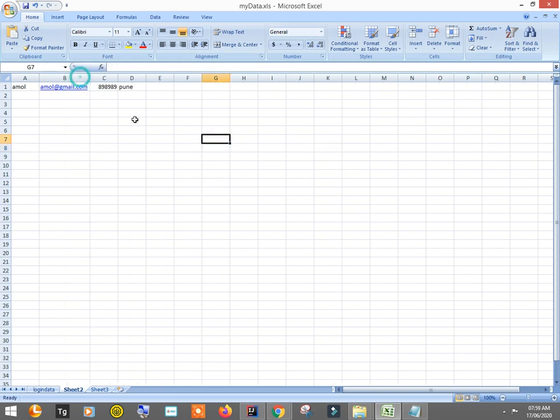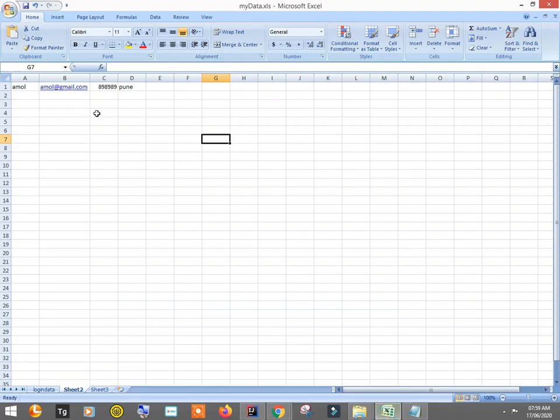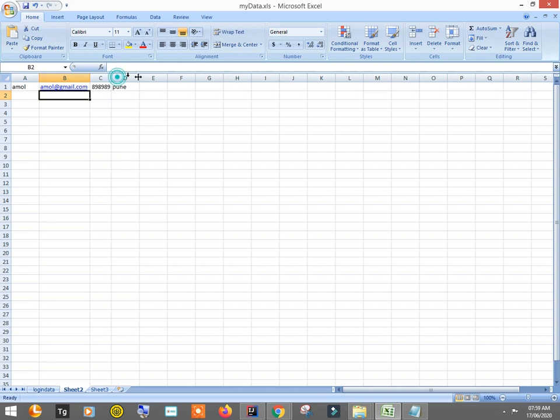Fine. So actually we are writing here getString cell value. It will only read the strings. If you enter the numbers, it is going to give me some problem, right? And also if there are some blank cells, then also there will be some problem. So we will address that issue here. So let's put some more records.